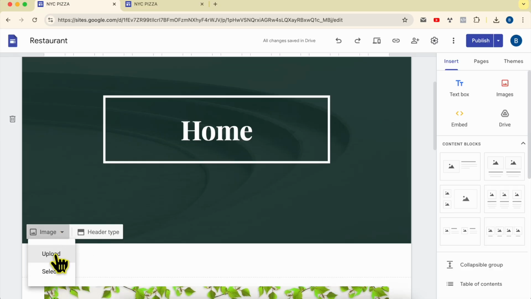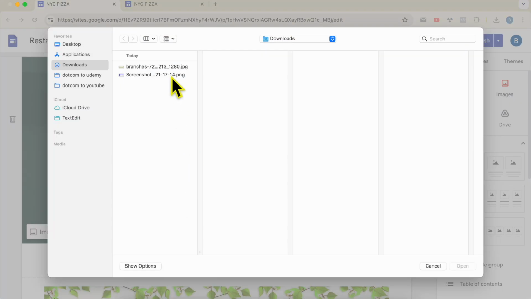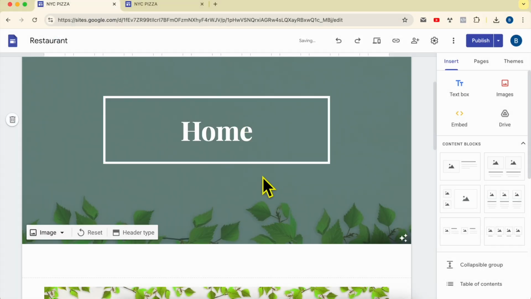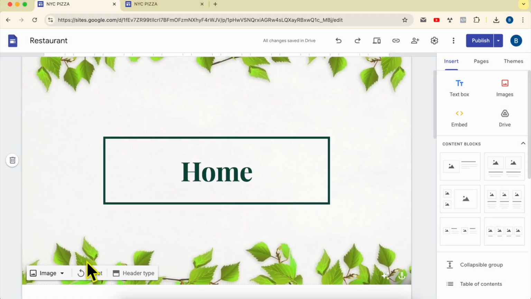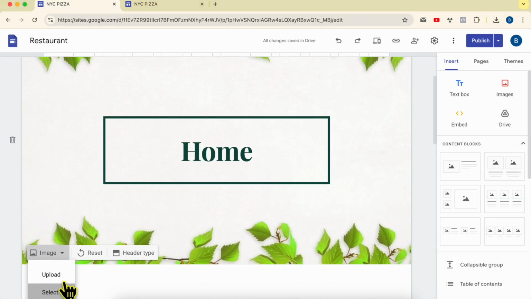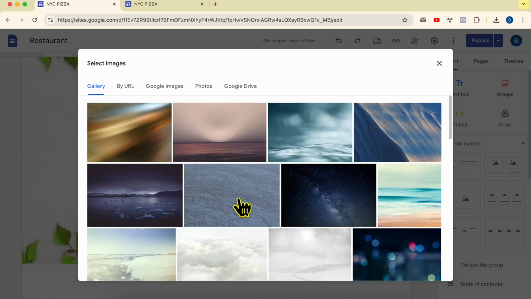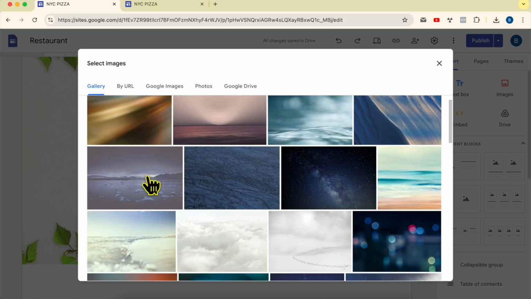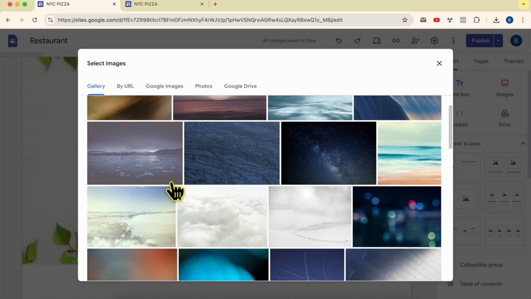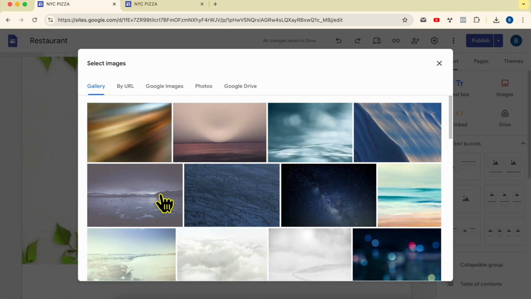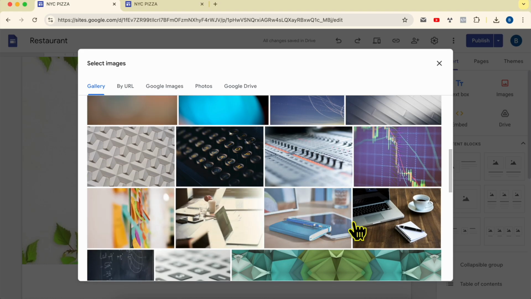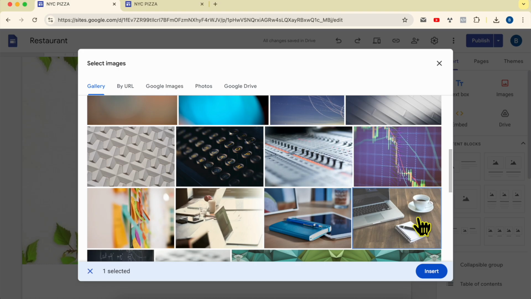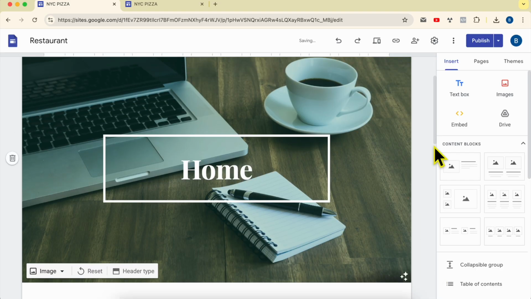You can either upload a photo from your computer, like this one, or select one from the gallery of these images. Let's pick this laptop one, for example. Select the photo, click on insert, and